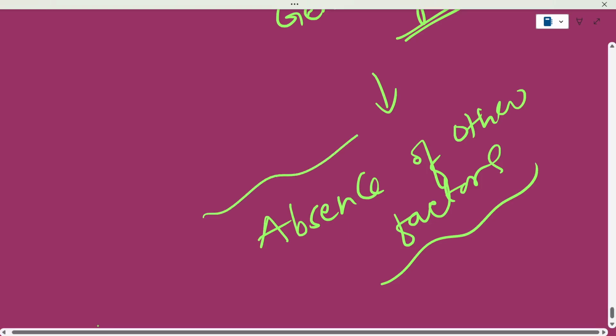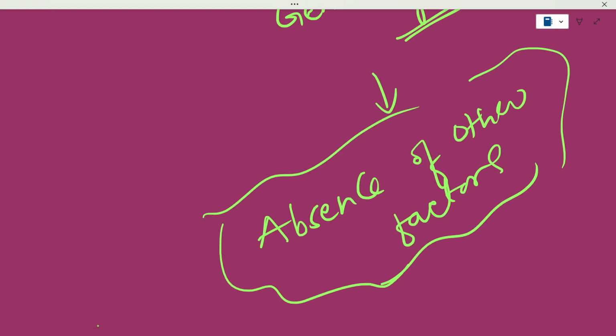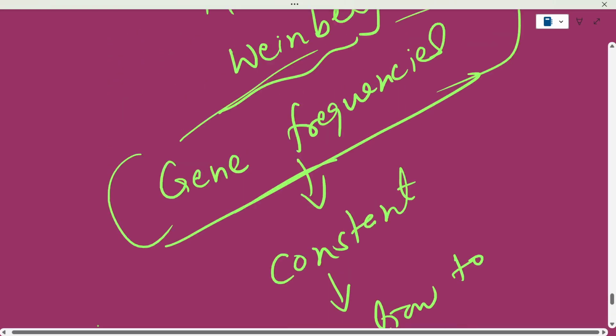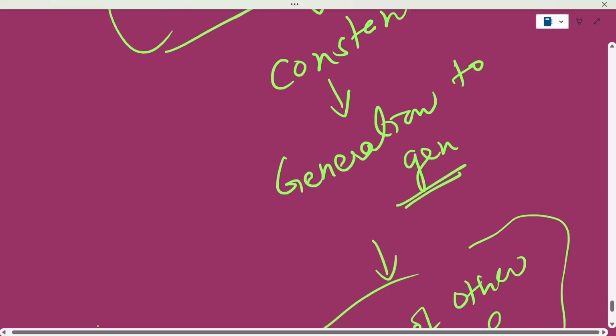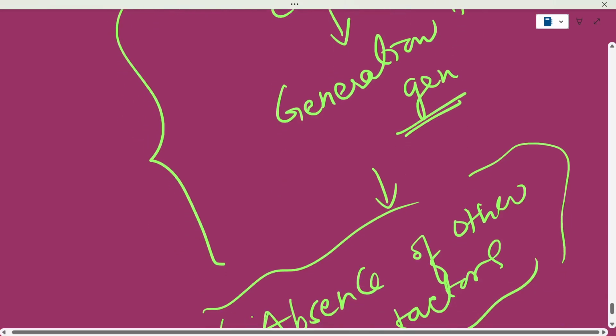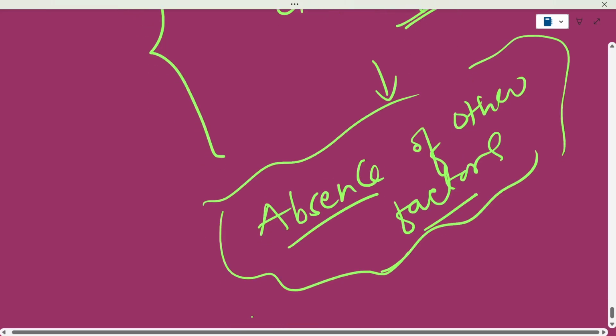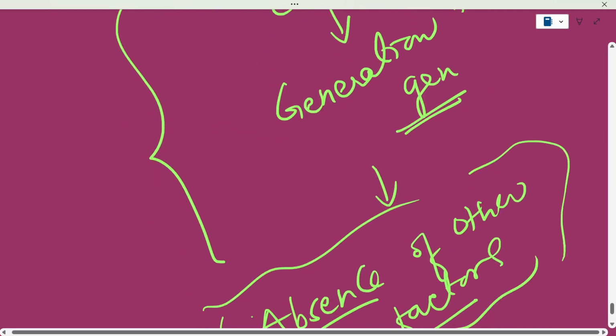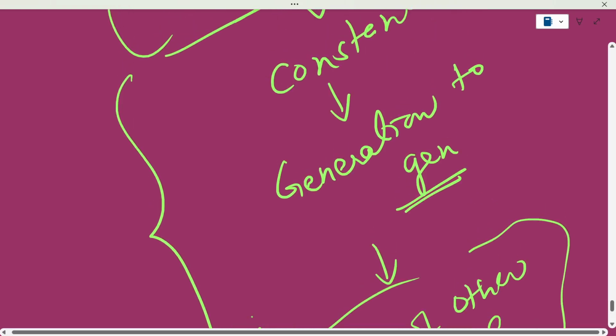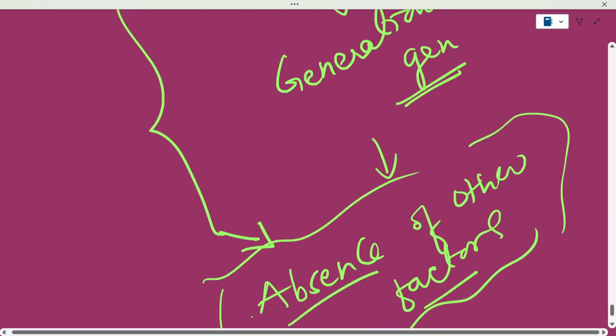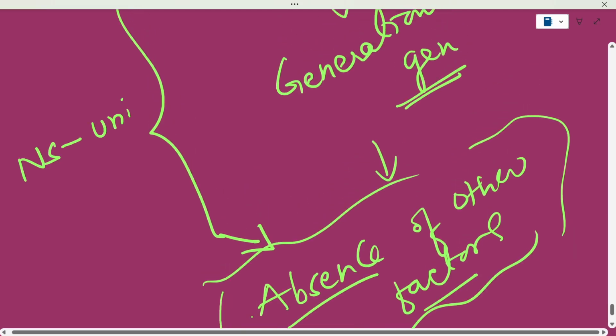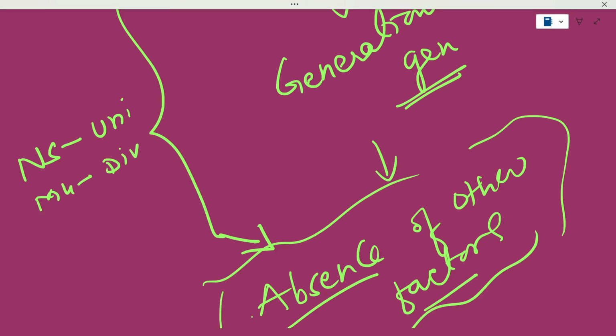There are no variations, no mutations, no genetic drift, no sexual selection, no natural selection, no gene flow, कुछ भी कोई भी फैक्टर नहीं है, तब पॉपुलेशन और उसकी जीन फ्रीक्वेंसी will remain constant. सो इसका एक दूसरा जो इंटरप्रिटेशन है ये भी है that in the presence of other factors, gene frequencies are likely to be influenced. वो कोई बहुत डिफिकल्ट मैटर नहीं है समझने के लिए. We know that, अभी आपको बताया, natural selection brings in uniformity, and mutation brings in diversity. दोनों ऑपोजिट फोर्सेस हैं and they work in tandem.